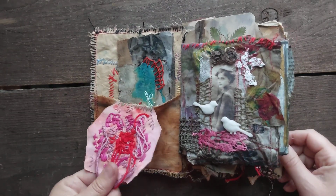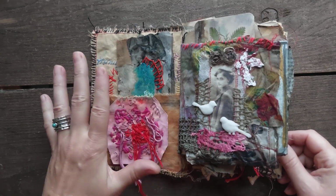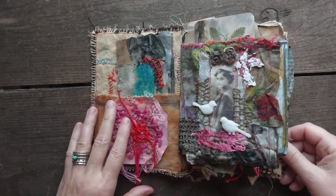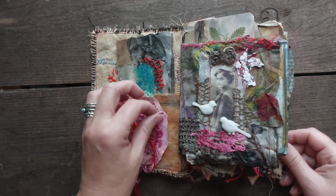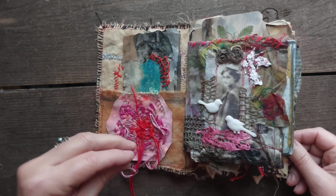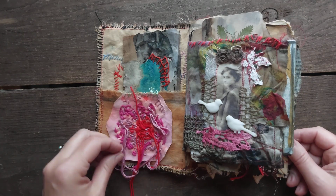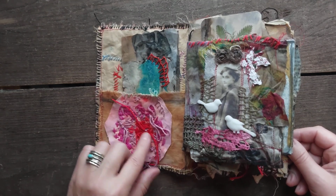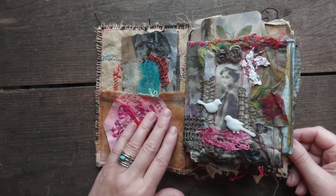this stitching is meant to be a flower, like an abstract flower stitched on acrylic paint, not painting, like on acrylic paint, stitched like a little flower. I like how this turned out, but it should be less stitched. I overdid it a little bit, but anyway, I like how this turned out. Inspiration for this piece was Kate Thompson. She did some kind of stitching